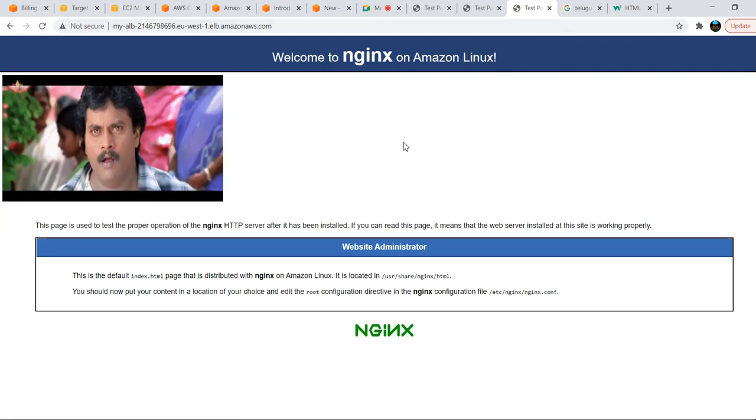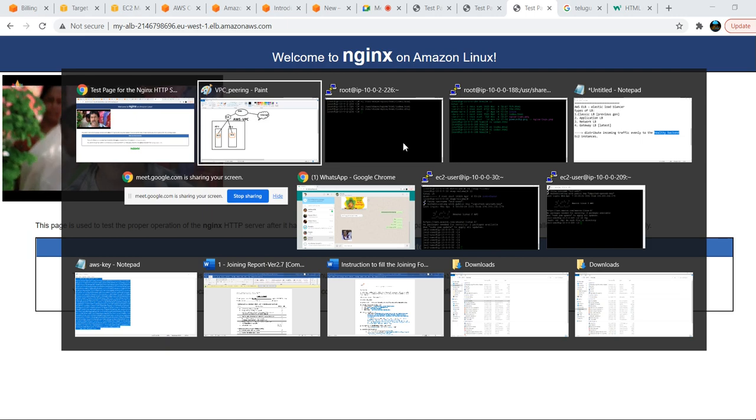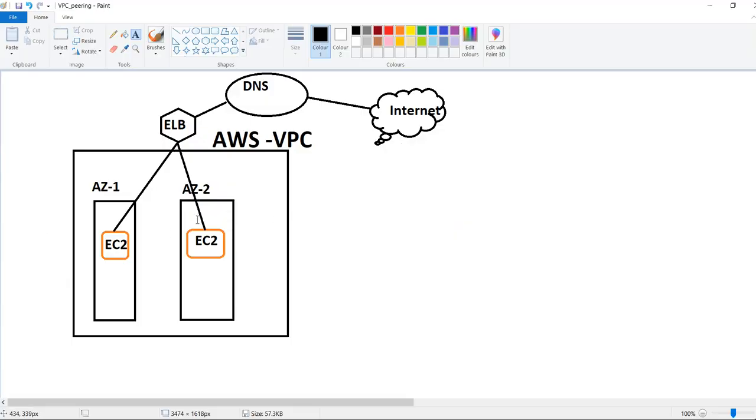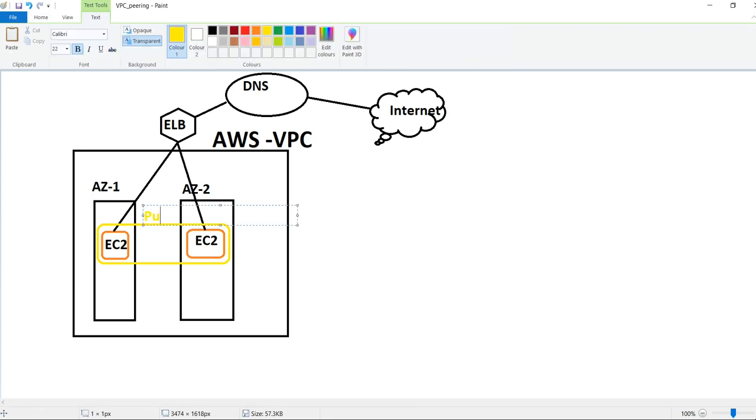Okay. Now you can see here, all of this we have installed in a public environment, right? In the public subnet we have installed this. Take this one, take this one, and you can name it as public. This is the public subnet. While creating, as I have shown you, I created my EC2 instances in public subnets only.